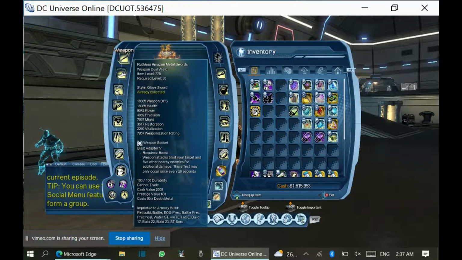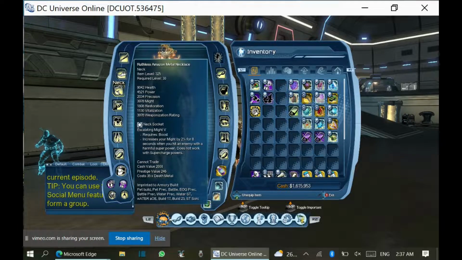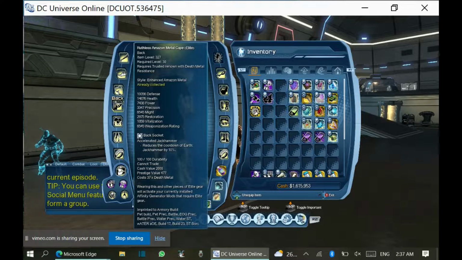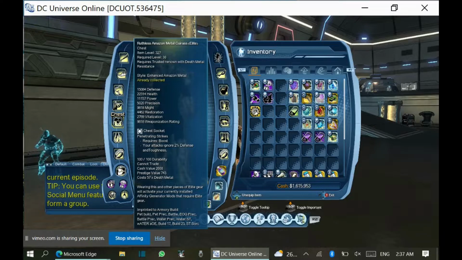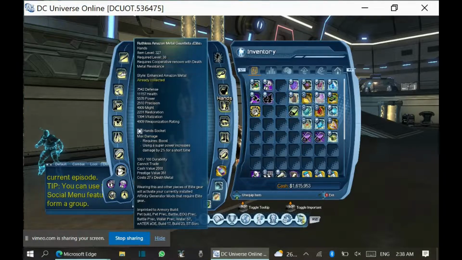So for the weapon, you're gonna go with Blast Adapter, head Entomb. Entomb is really strong. For neck is Might, back is Jackhammer, and I'll tell you why later, because out of the melee loadouts, Jackhammer is the best. Chest is Penetrating Strikes, legs doesn't really scale anymore, and of course, feet and hands are always the same, Trample